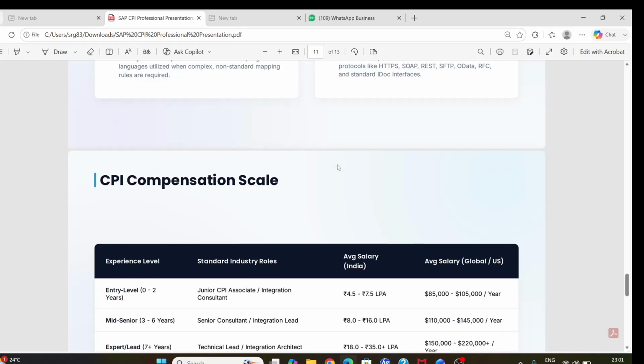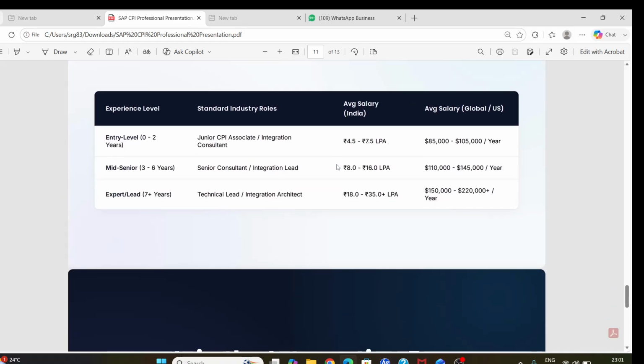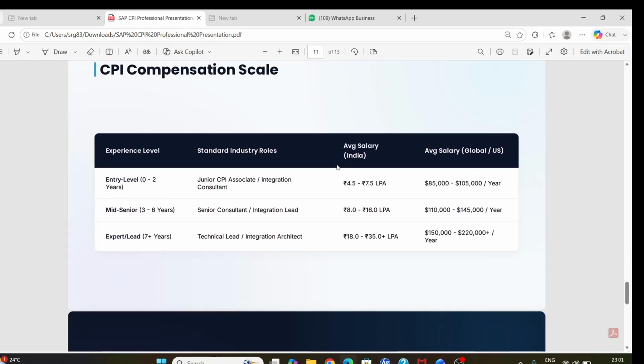Then let's talk about the rewards, because CPI is a highly specialized skill combining cloud middleware architecture and SAP core knowledge. It pays significantly higher than general IT development roles. As a fresher with practical project training, you can easily land a package between 4.5 to 7 LPA in India.